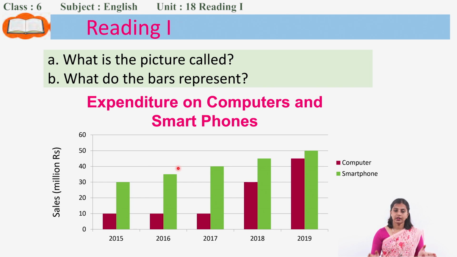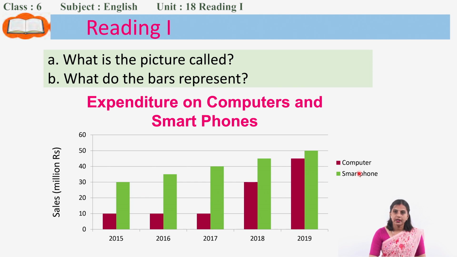Here this chart shows how much money was spent on computers and smartphones from the year 2015 to 2019. You see here is 2015, 2016, 2017, 2018 and